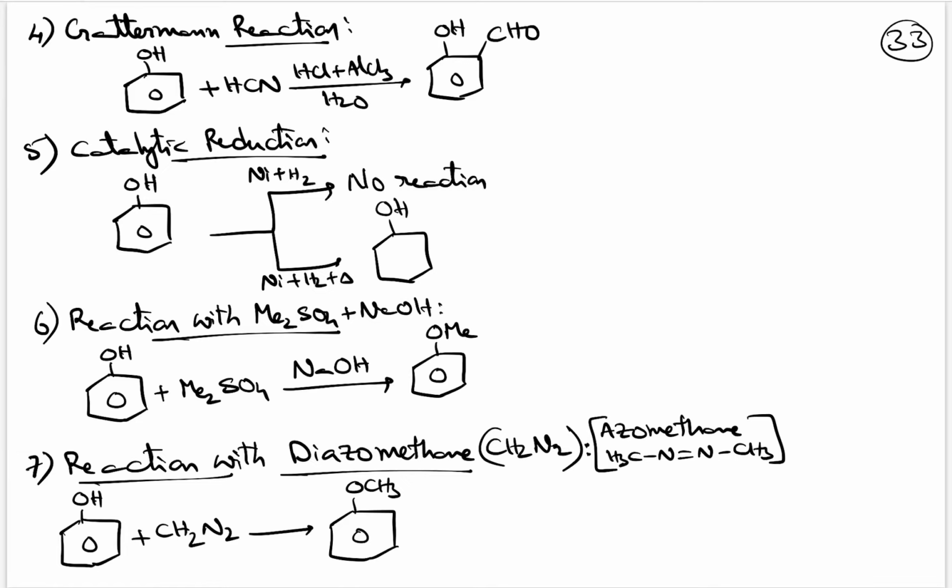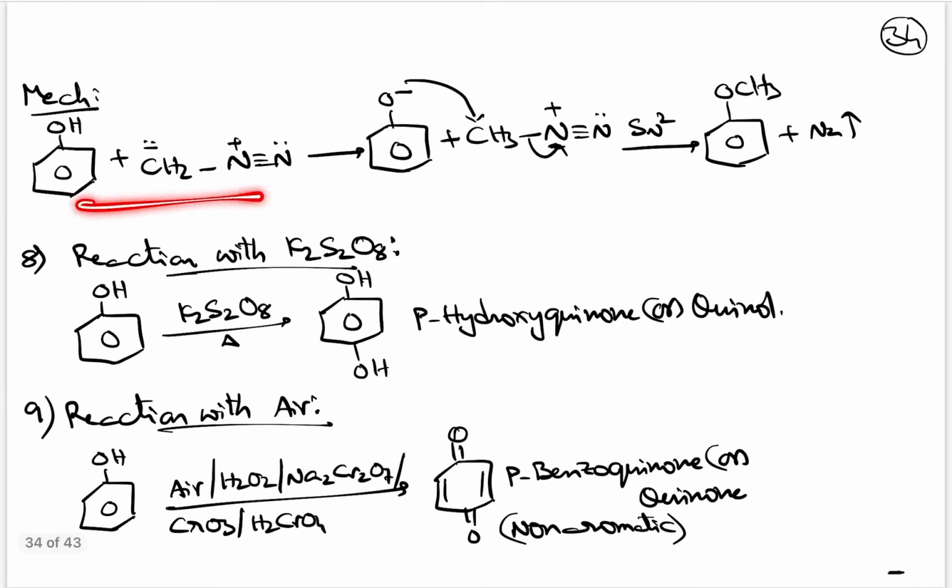Diazomethane. When phenol is treated with diazomethane, you will be getting anisole. This CH2 group will be joined with oxygen and gets converted into OCH3. And the brief mechanism is taken here. This is diazomethane, na? This is the carbanion which will take the H plus ion, base will take the H plus ion and will become CH3, and N2 molecule will go out, that phenoxide ion will start attacking on this carbon by SN2 reaction and forms anisole.